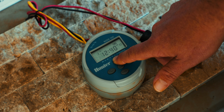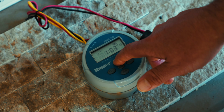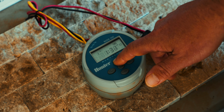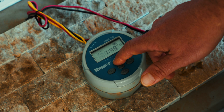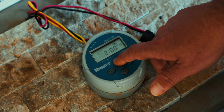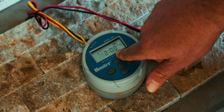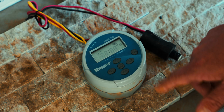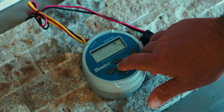So let's just say we wanted to set this for 2 o'clock in the morning. We would push this button on until we get closer to 2, and then at this point we're at 2 o'clock in the morning. So now this controller will know to open up and start running water at 2 in the morning for program A, program A1. So now in order to actually tell this how long you want to water, you hit the